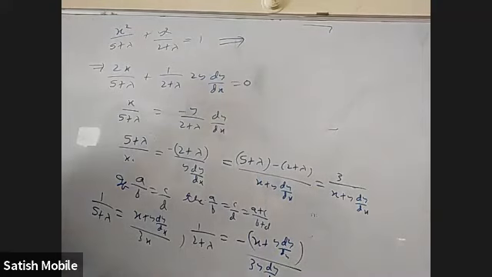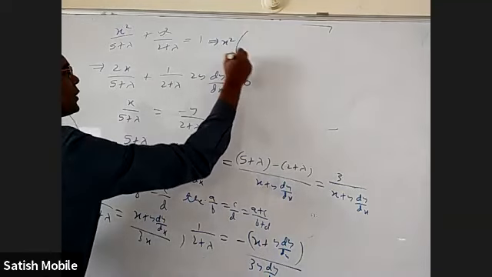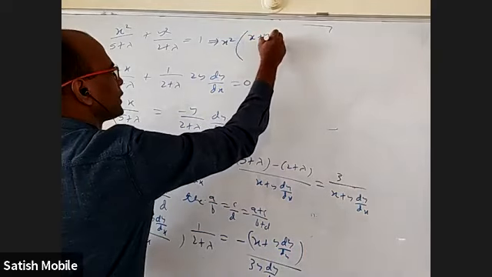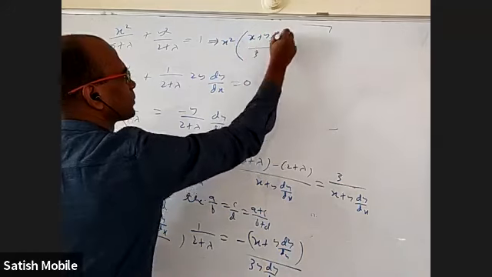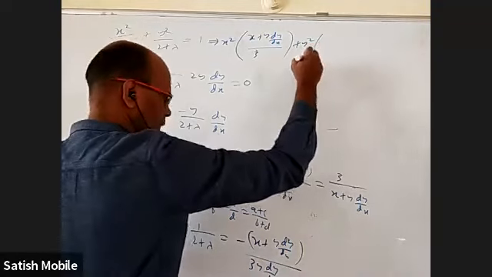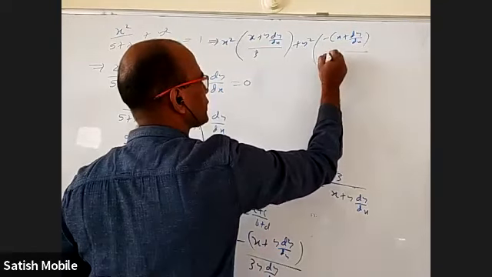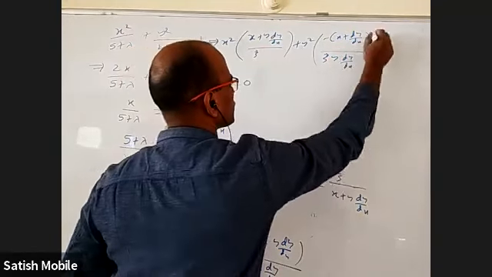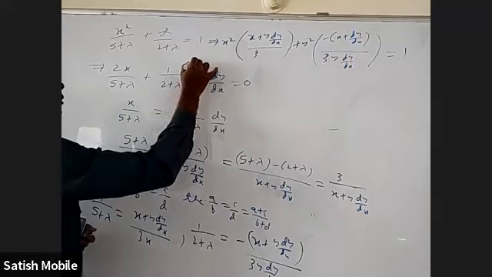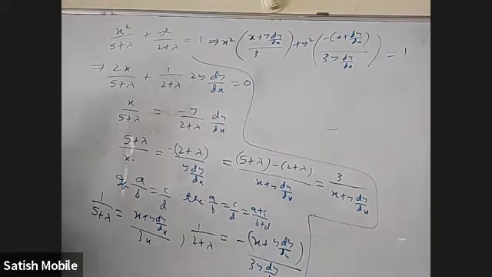You should write it down; only because of lack of place I'm writing there. x square into, in the place of 1 by 5 plus lambda, I want to substitute this: x plus y dy by dx by 3. In the place of 1 by 2 plus lambda, y square into minus of x plus y dy by dx by 3y dy by dx is equal to 1. Till now, we have not found anything about orthogonal trajectory. We are only finding the differential equation. It is only about forming a differential equation.